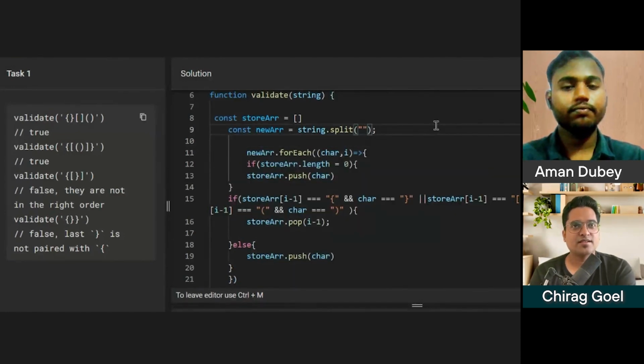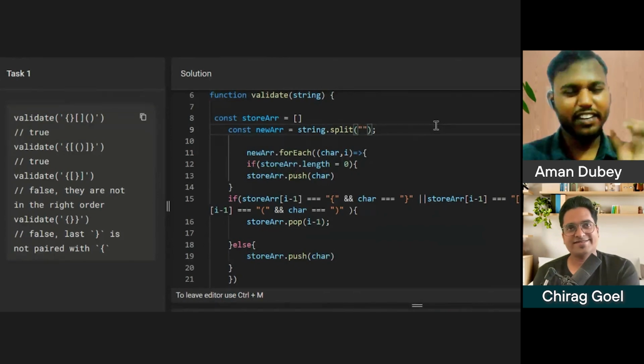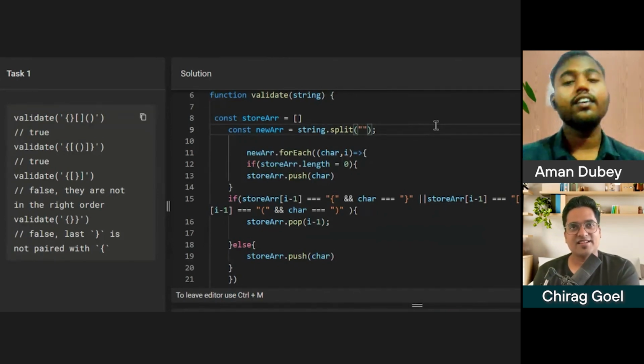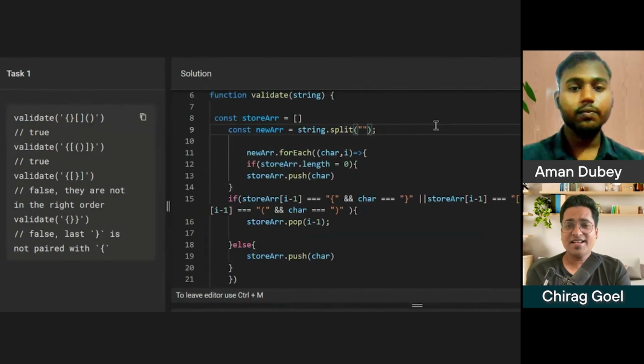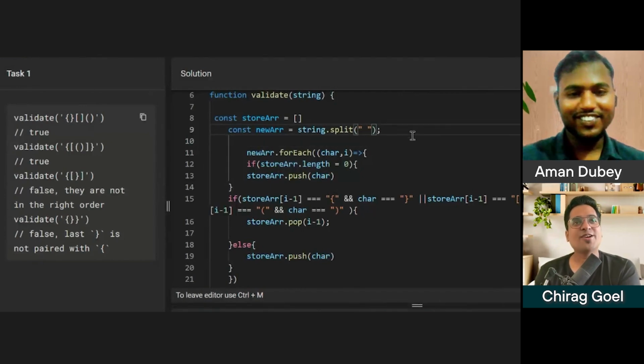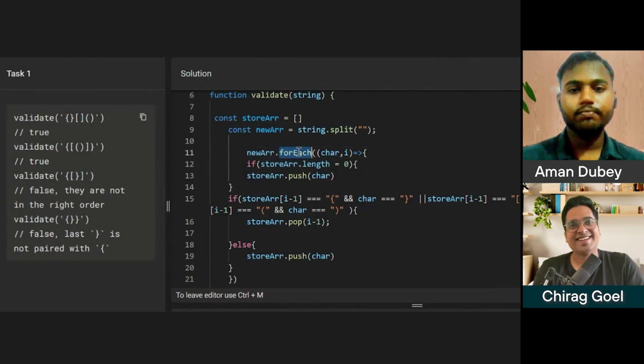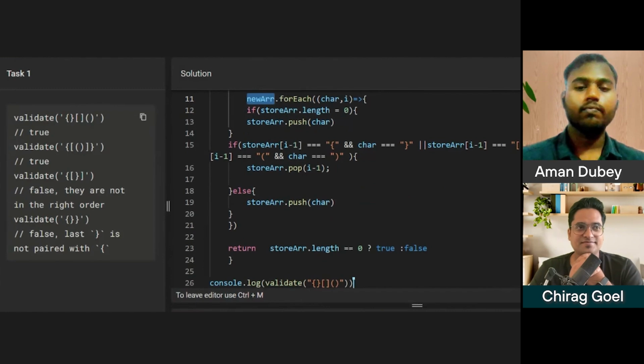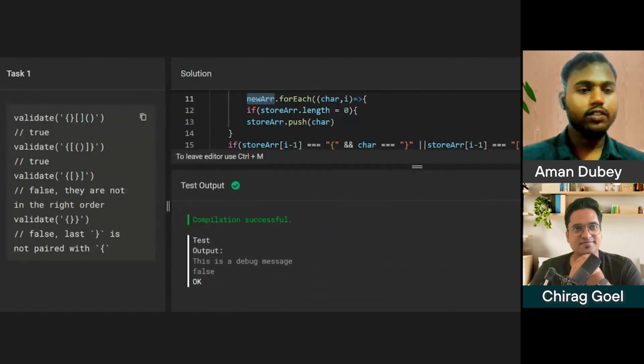Actually, I'm not very familiar. I think the practice I'm doing for DSA is... No, it is not DSA, man. You're using just a for loop, splitting the array. Yeah. Let's run it and see what you get.